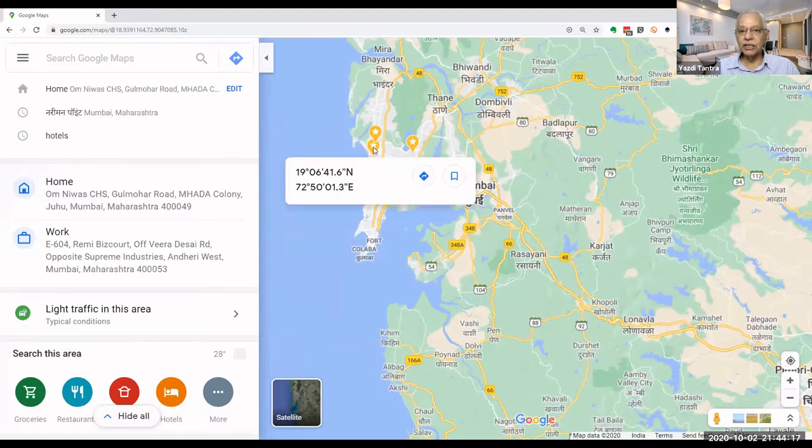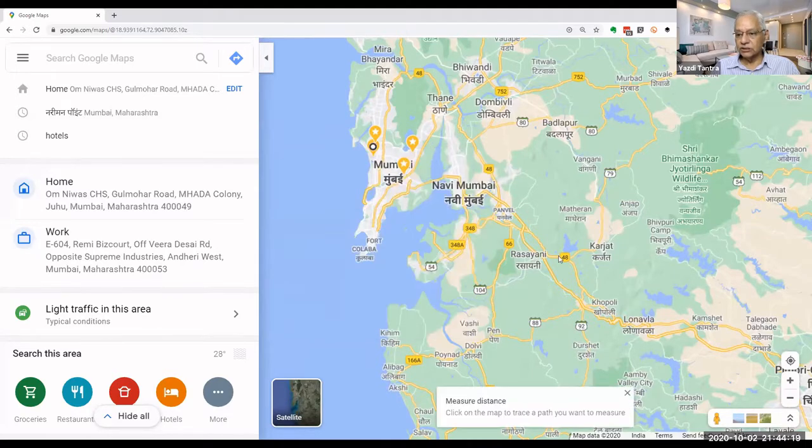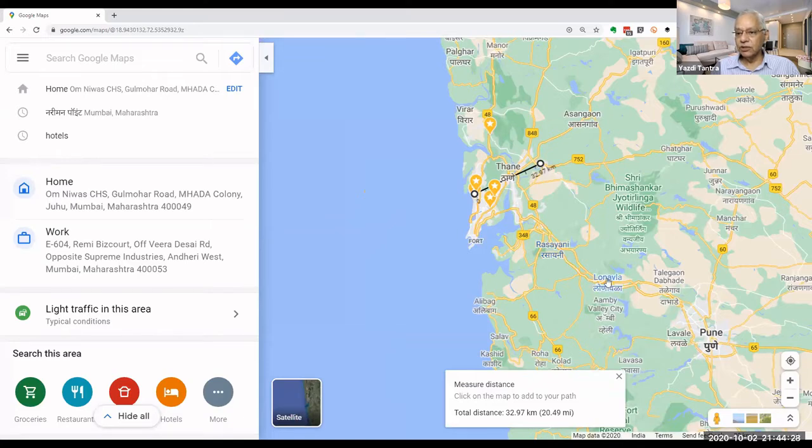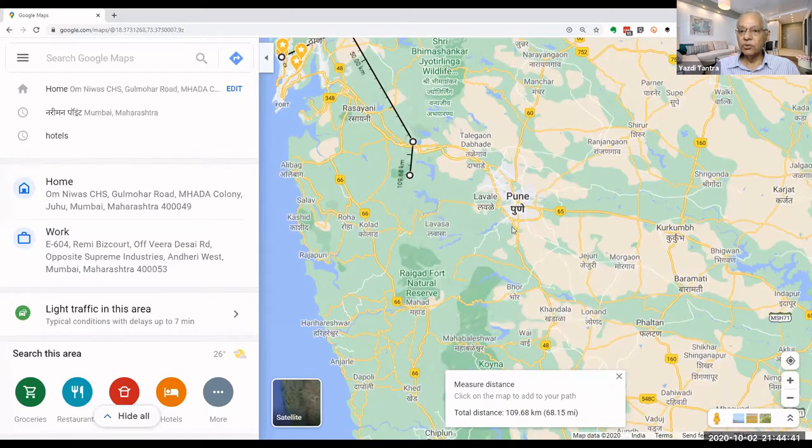Now I am saying right click, measure distance, and then I am now saying measure the distance to Kalyan is 33 kilometers. From Kalyan to Lonavala, 50 kilometers. From Lonavala to Ambi Valley City, 109 kilometers. You see, I can measure from any place to any place and then going to Pune.